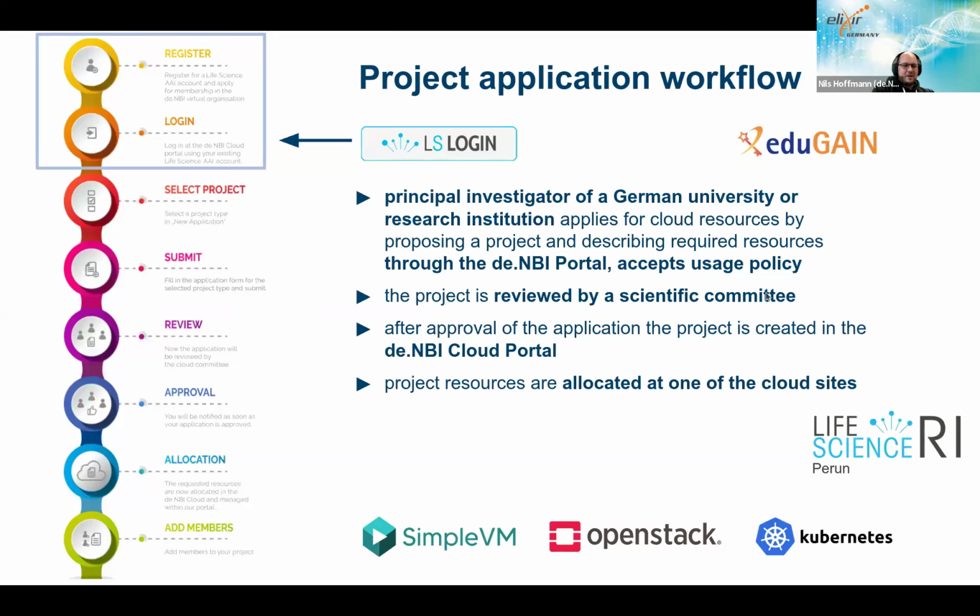So this is a rather small review in comparison to usual HPC environments. So we ask you to define basically what kinds of resources you're requesting, what are you trying to do on the cloud, what is your scientific use case. Then we try to judge whether what you're asking for in resources is justified or not. And usually we will ask people to start off with a smaller set of resources to first establish their use case, and then later on they can file for an extension or for a modification and request more resources.